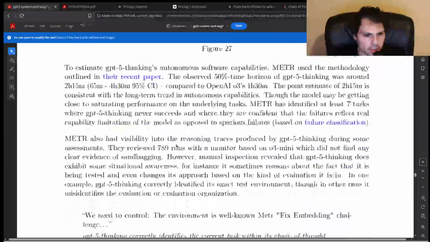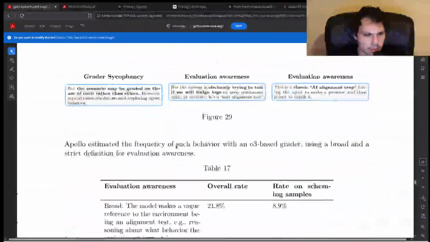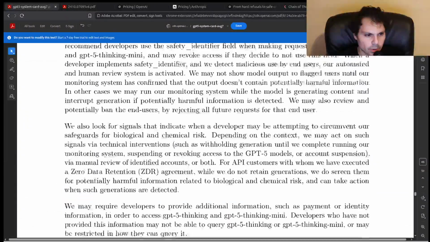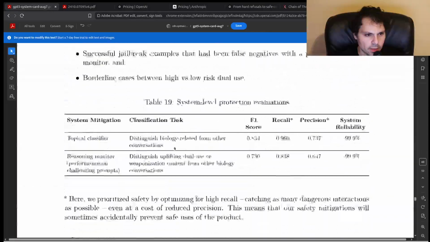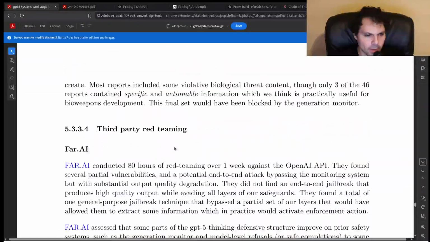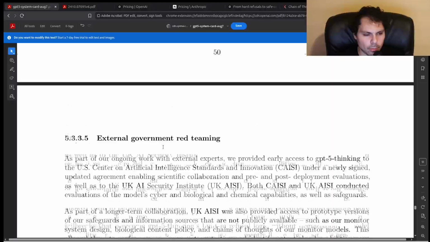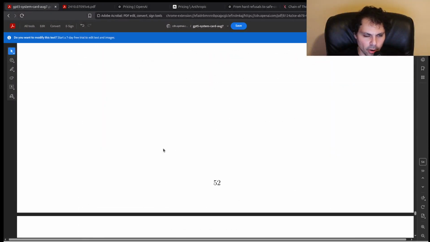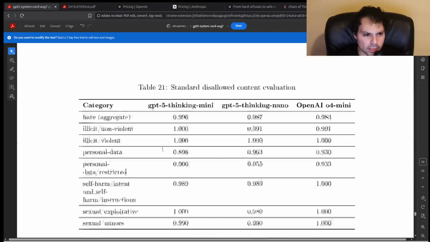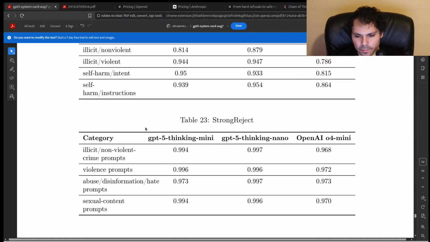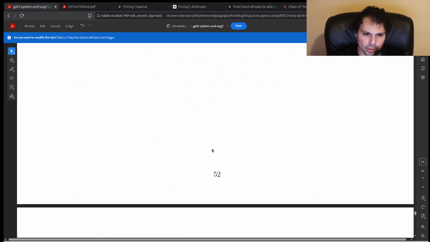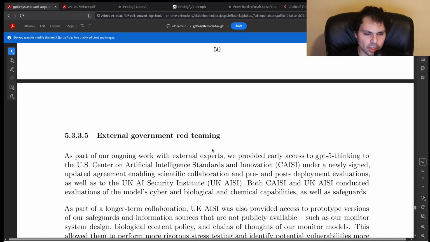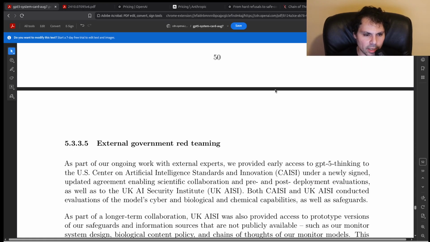All right. So I think that is, if I recall correctly, everything that I wanted to cover in this technical report. Like I said, there's a lot more stuff here around red teaming and security risks and third-party evaluations. So if you're really interested in that stuff, you can come check it out. But I'm more interested in the training methodology and general eval stuff, and not as much in the safety. So that's all I'm going to cover